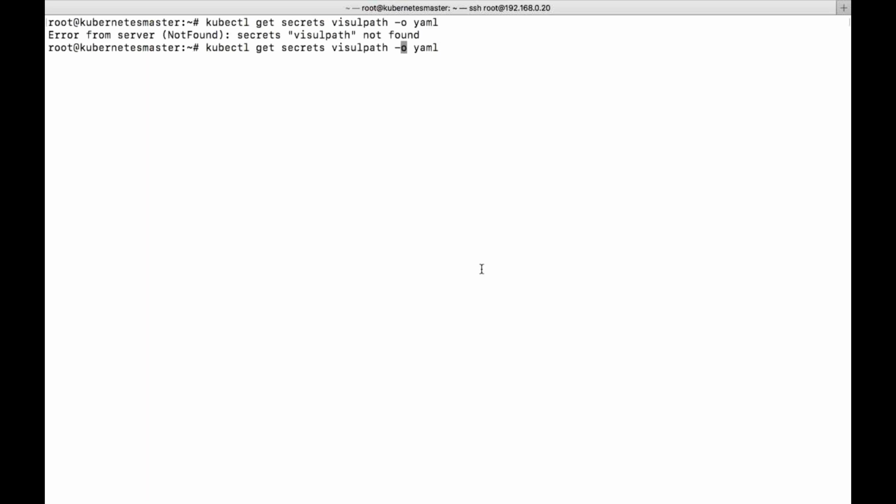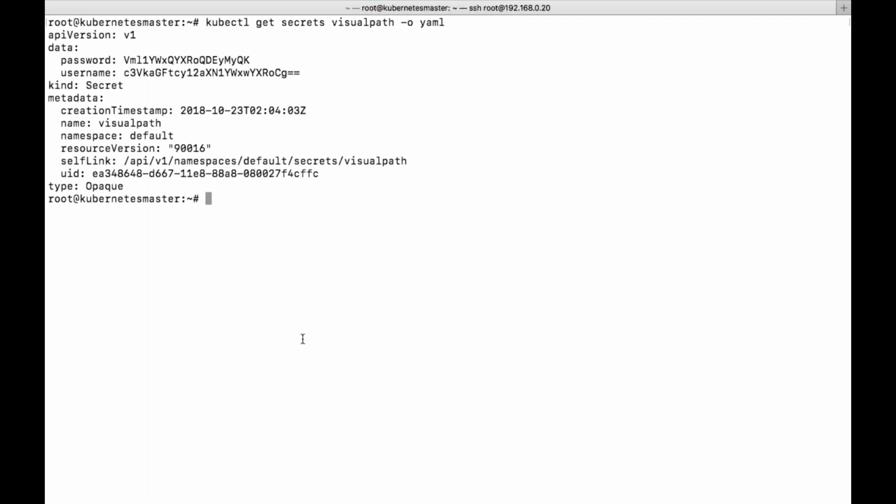Let us say in the secret I have mentioned so much data, like you can see here I mentioned username and password. If I use the secret directly, it will use both the data. Like you can see there, it has created files called username and password. So from this, I want to use only the password.